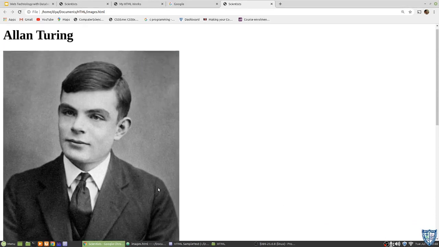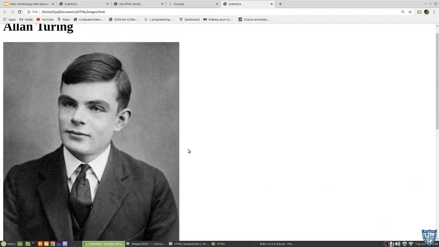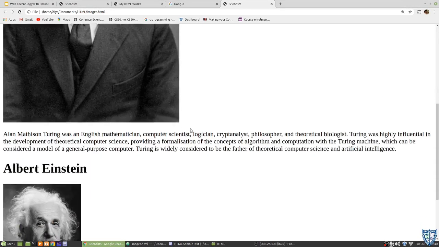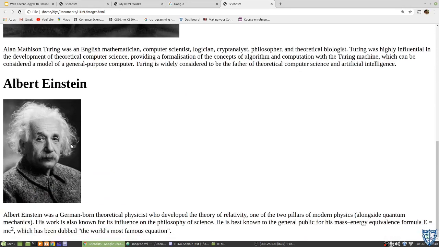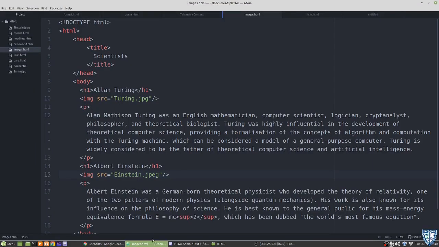But this does not look good because the image covers a wide area and you are not seeing any text unless you scroll down the page. This image is much more okay. This is smaller, but this is very big. To control that, we have some other attributes for IMG, and that attribute,